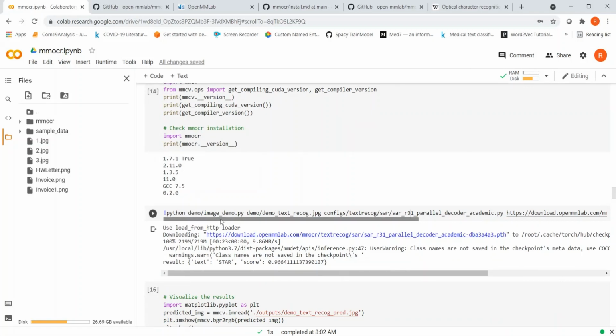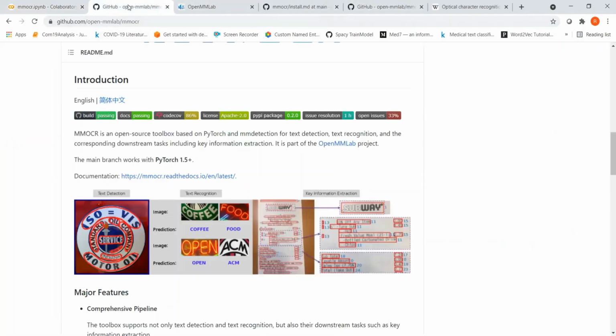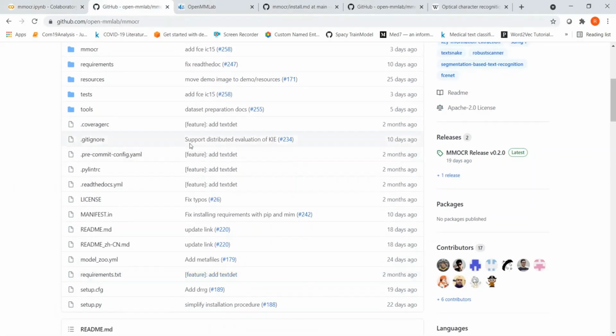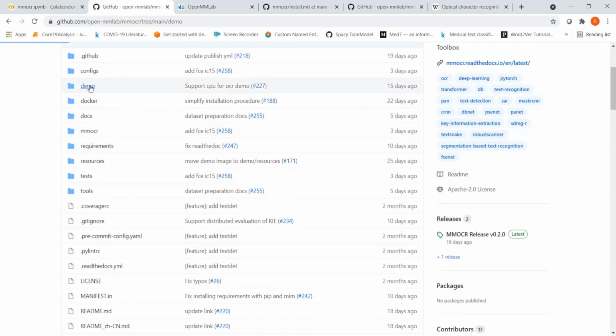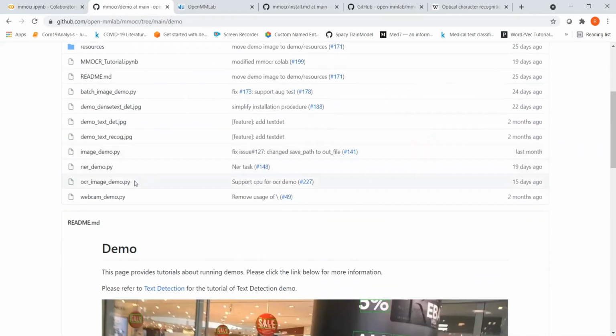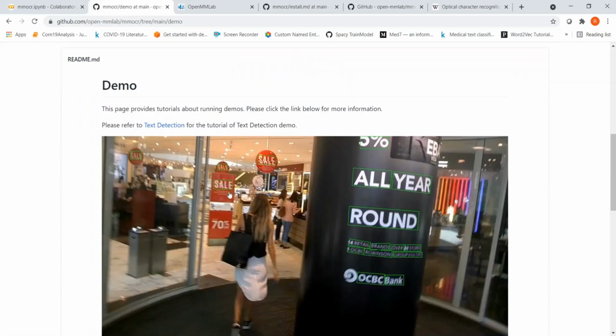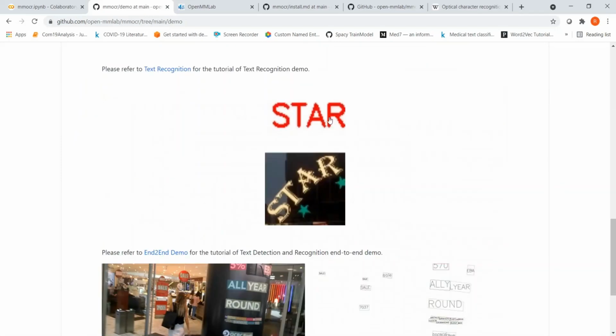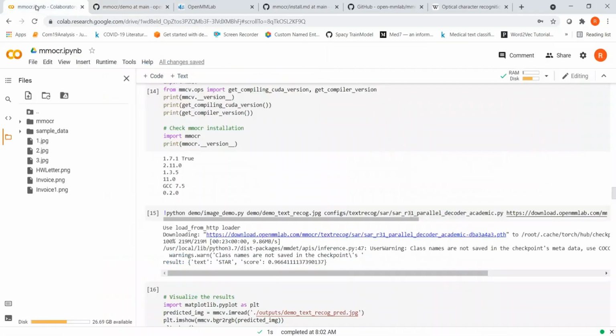Now let's try out a demo image. The MMOCR library itself provides a demo script. If you go over here to demo, there is a demo script, image_demo.py, which accepts a single image. There is also a batch_image_demo.py which accepts a batch, and here they have given some examples of images. I am trying out this image over here.